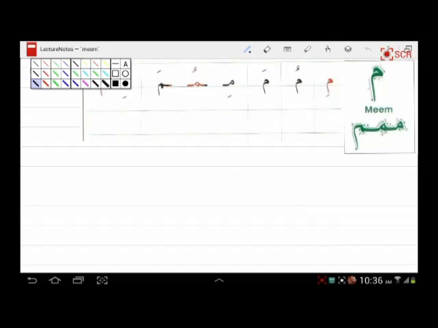Next is the meme, which is the fourth letter in this group. That's the main form, initial, middle, and final. Okay? Now how I'm going to write the meme, focus that part of the meme is above the line, and the other part is below the line. Alright? So what I'm going to do,